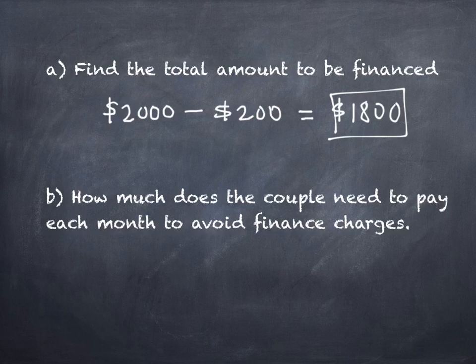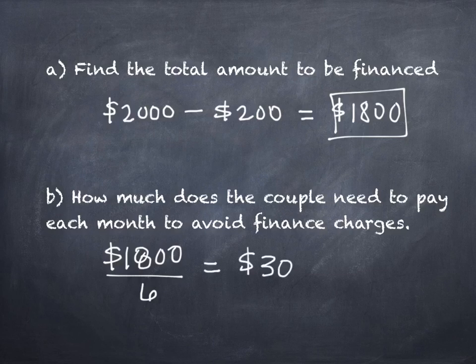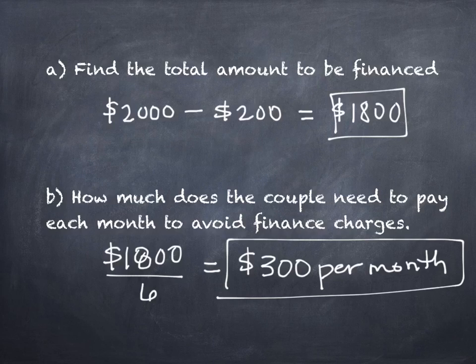So if we owe $1,800, how much would we need to pay off every month on average in order to not have interest charges start accruing? 300. So how do we get that? Right. So we've got our $1,800, the amount we're financing, and we divide it by 6 because we have 6 months to do this in. Right. So we would have to pay how much? $300 per month. Okay, everybody with me so far? Okay, it's not hard math, right? Okay. Now,